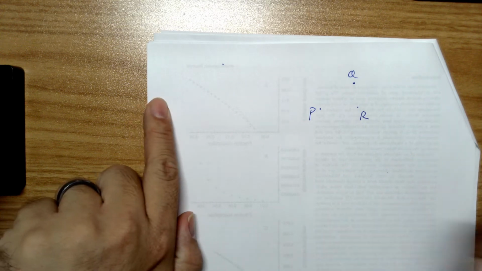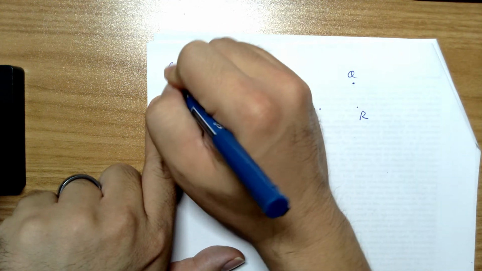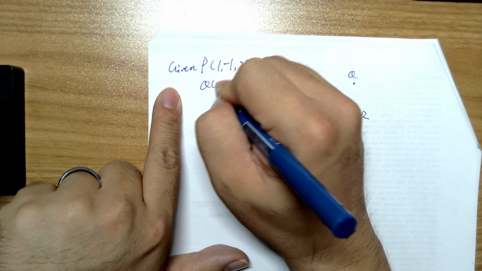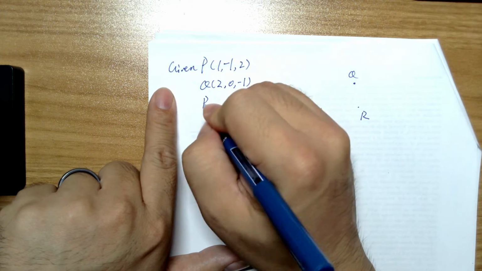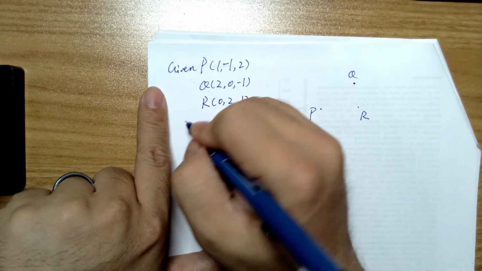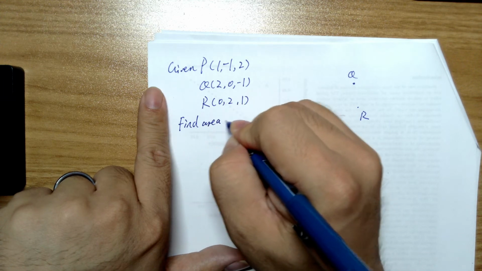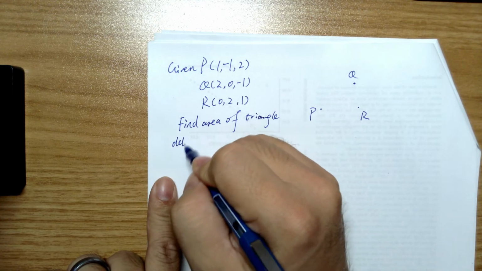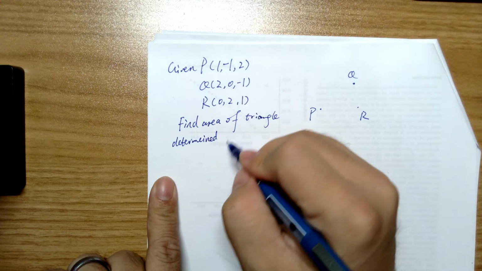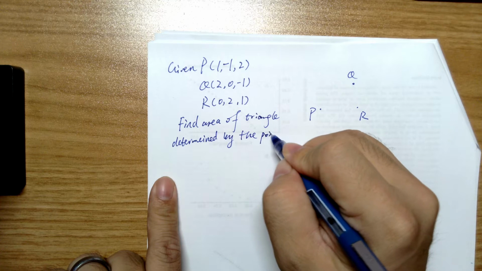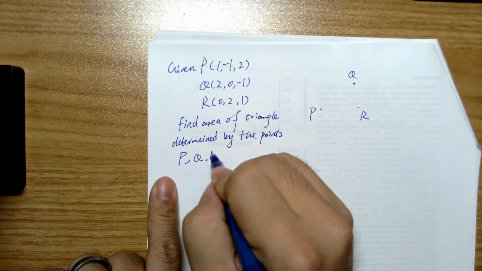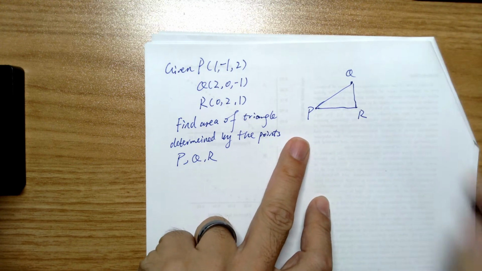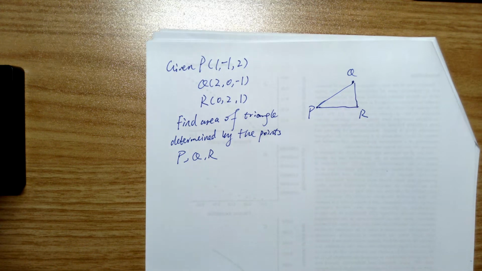Okay, so now let's look at another question. It's going to be given point P is (1, -1, 2), Q is (2, 0, -1), R is (0, 2, 1). So find the area of the triangle determined by the points. So that's the triangle. Okay. So we want to know this, but